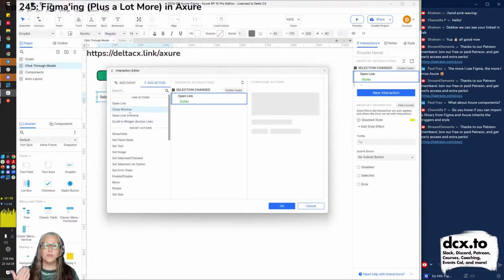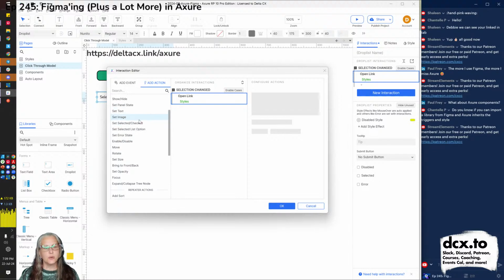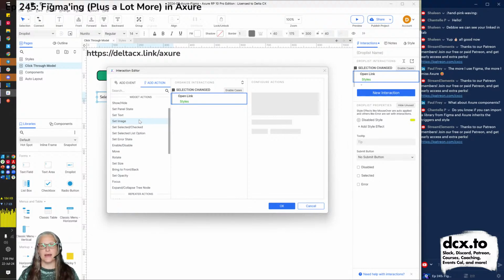There are so many things that you can do. Open a link, close a window, scroll to, which means moving down a page to a certain point, showing or hiding something, setting a panel state. Dynamic panels are beginner stuff in Axure, but we may or may not get to too much of it today. Setting an image, making something checked or unchecked. Selected list option is what we've got now. We have a drop list. Set an error state.